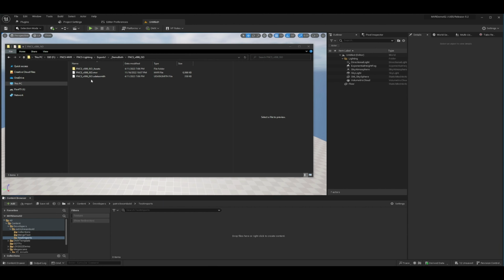It needs to be matched identically, and they need to be in the same folder. You don't have to do it this way. There's nothing that prevents you from just importing the MVR by itself and then doing the Datasmith files separately. But if you wanted to do it all at once, we do provide a nice option for that. So I'll show how that should work.